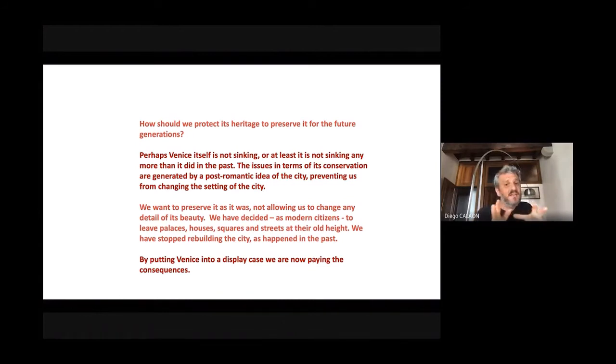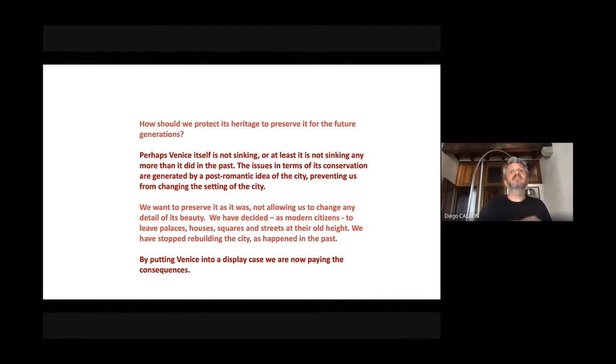Yes, it's true, Venice is sinking, but it is sinking more because, from the archaeological perspective and the perspective of the history of architecture, we put Venice itself in a showcase, in a display case, and we want to preserve it as it was. We don't want to move any stones. We want it as an archaeological park because we are paid as archaeologists, as heritage people, to